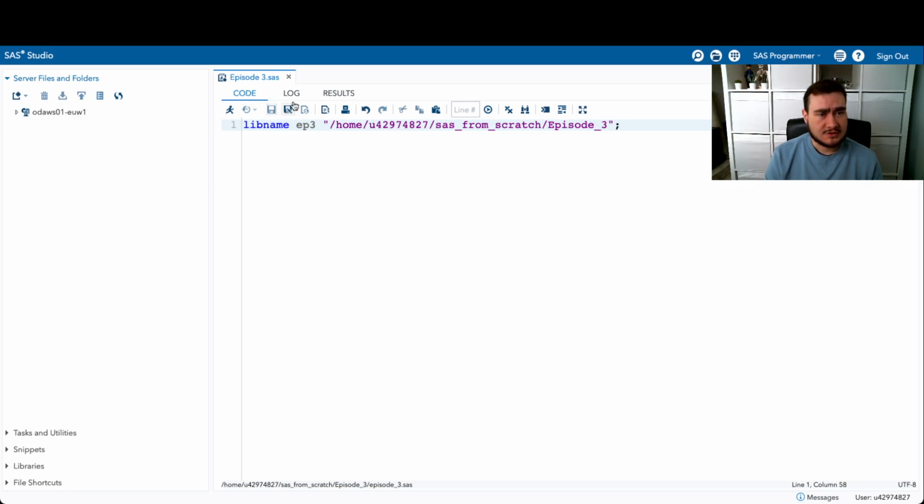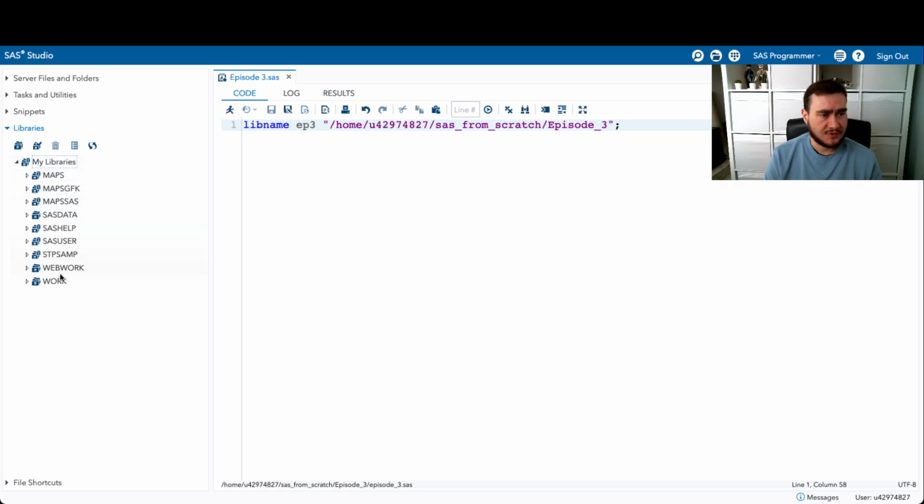Okay, I'm going to save this program. We have not run this yet, so let's take a look at our libraries, and I'll refresh this here for you. You can see we've got all of our default libraries and some extras like maps and whatnot that came with this installation of SAS. And our work library is empty because we've not put anything in there yet. Apologies. I'm going to run this,